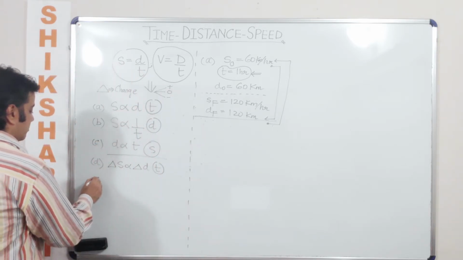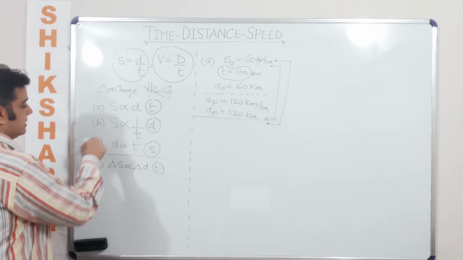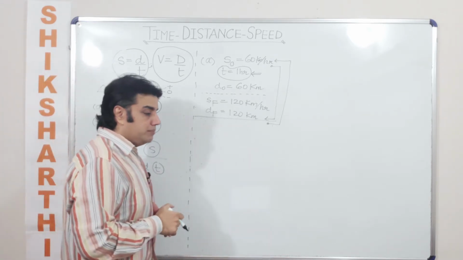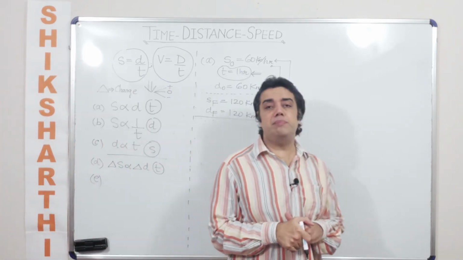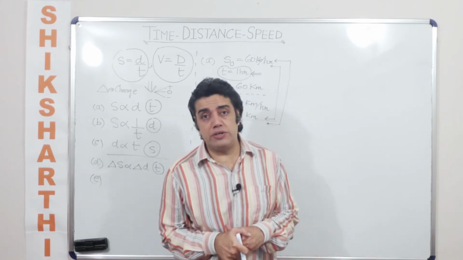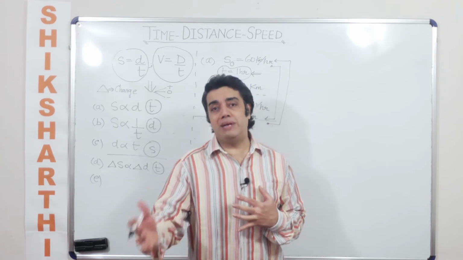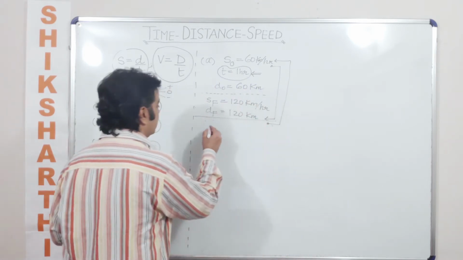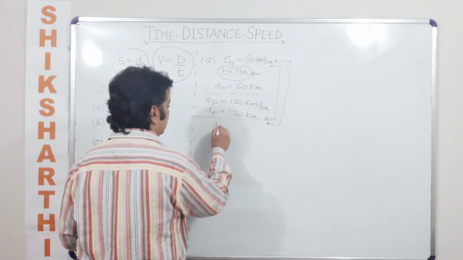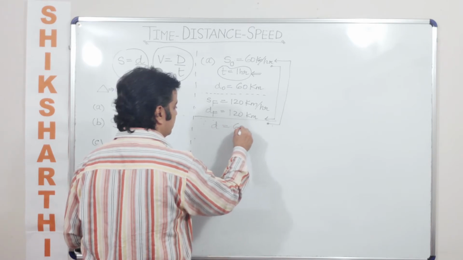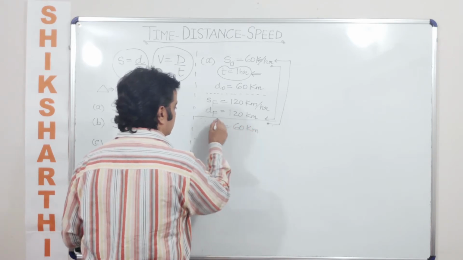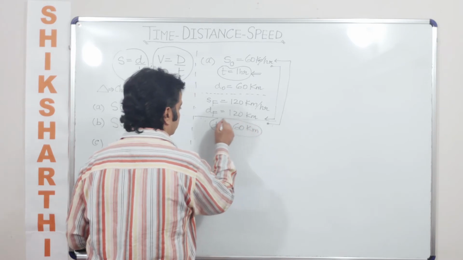Okay, talking about the next point. The next point here is we are saying that speed is inversely proportional to time, keeping the distance required to be traveled constant. So let us say that I'm supposed to go to a place and the place is 60 kilometers away from here. So let's say distance is equal to 60 kilometers